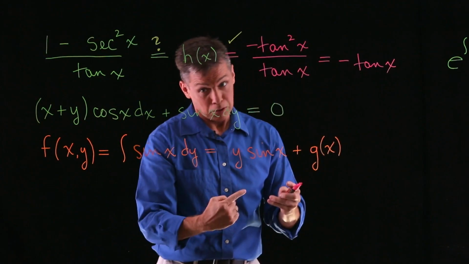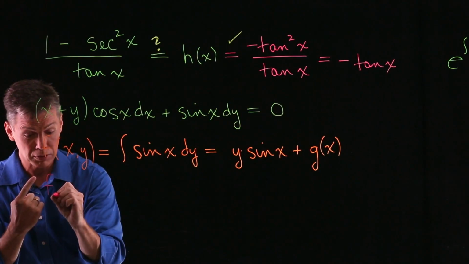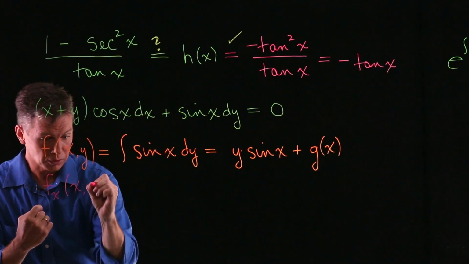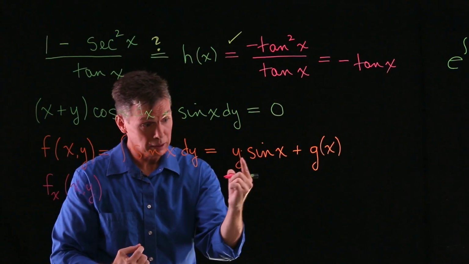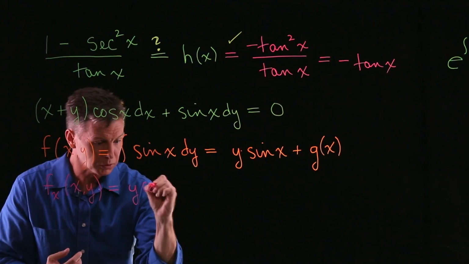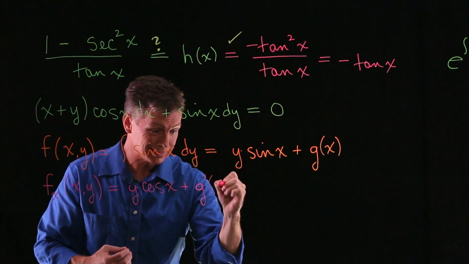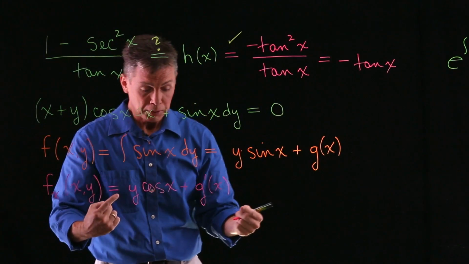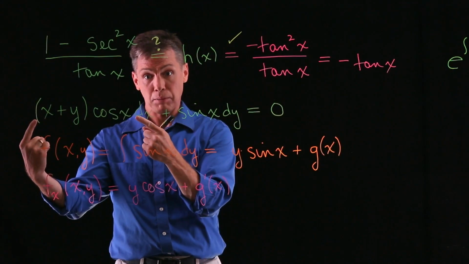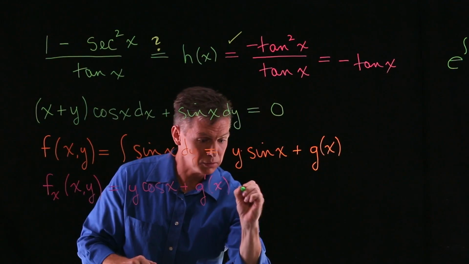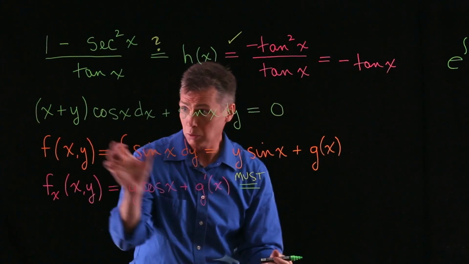I could switch colors here again. In order to find that, I hope you've been doing your homework. This routine should look familiar at this point. You take your f and do a partial derivative with respect to x. So I'm differentiating this guy with respect to x. Sine of x becomes cosine, and that y is a coefficient. So y cosine of x plus g of x, if I differentiate it with respect to x, best I can say is g prime of x. But what that allows me to do is take this partial derivative that we just found and make sure that it exactly matches your M expression. Okay, so I'll say this must equal,